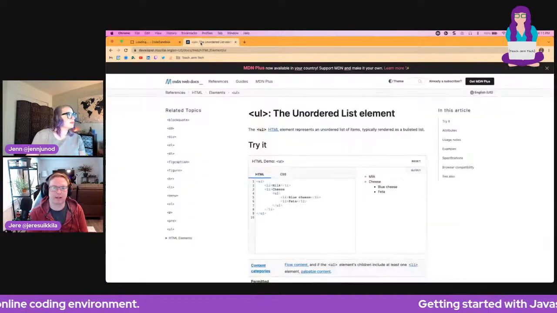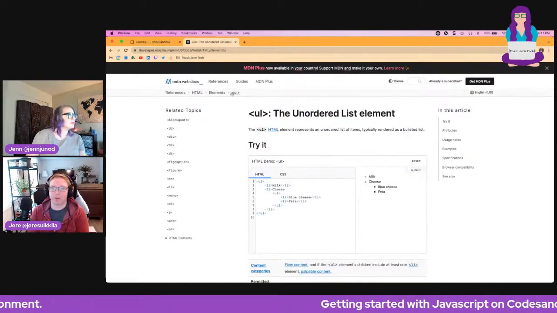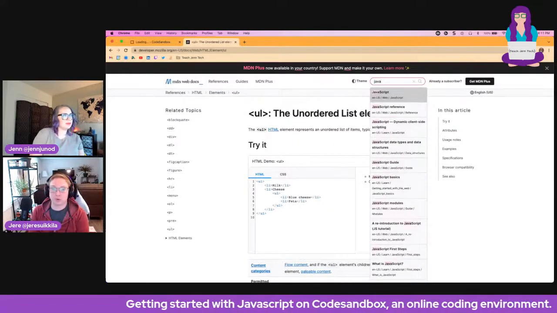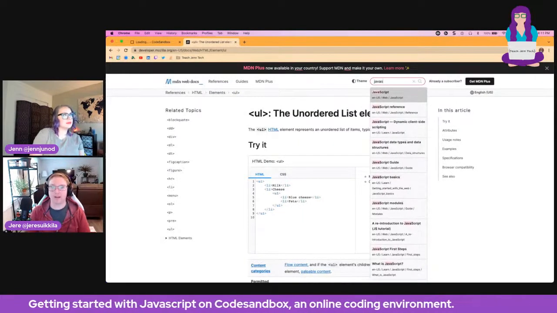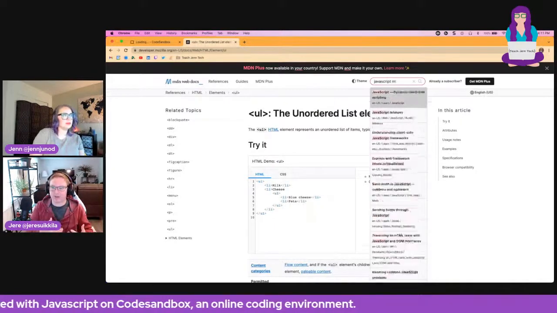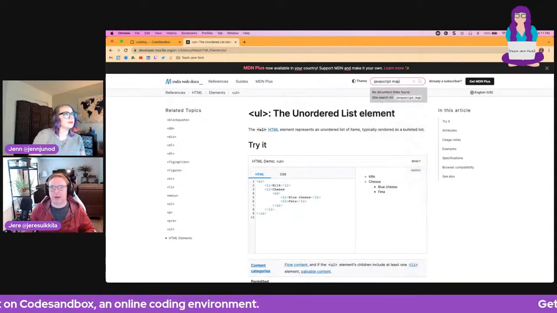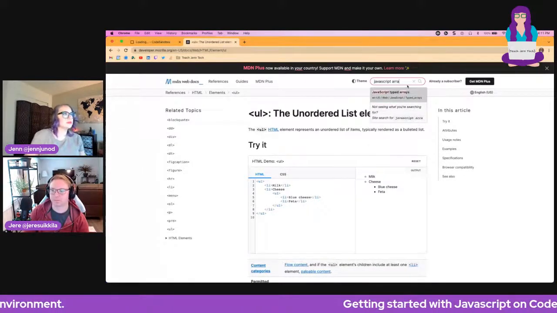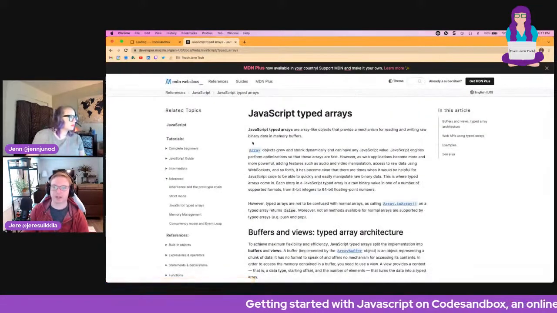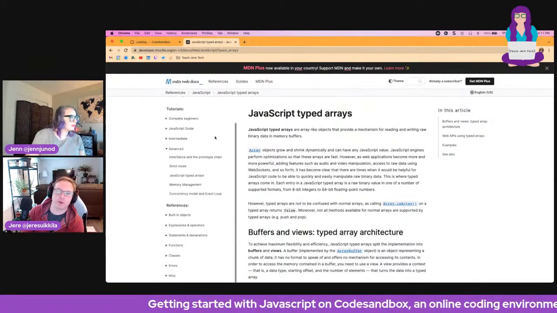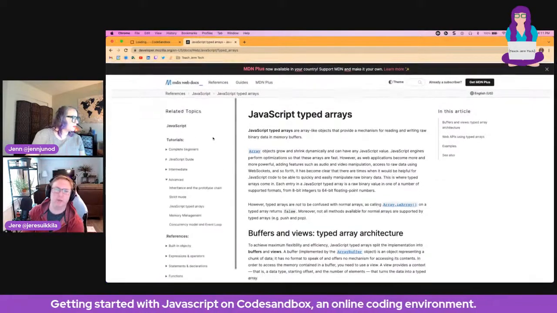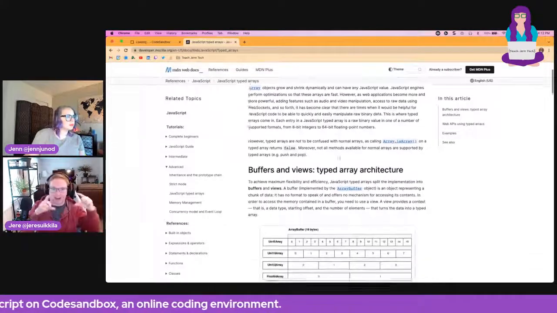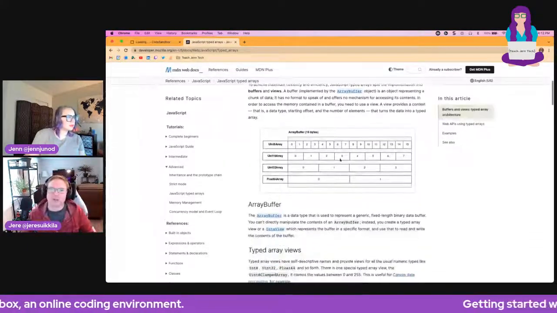Map goes through an array, and then we can modify each element of that array, and then it returns the modified version. So that's why it still was an array. We went through each element of that array and did something to each element. So we wrapped it in the li tags on both sides.